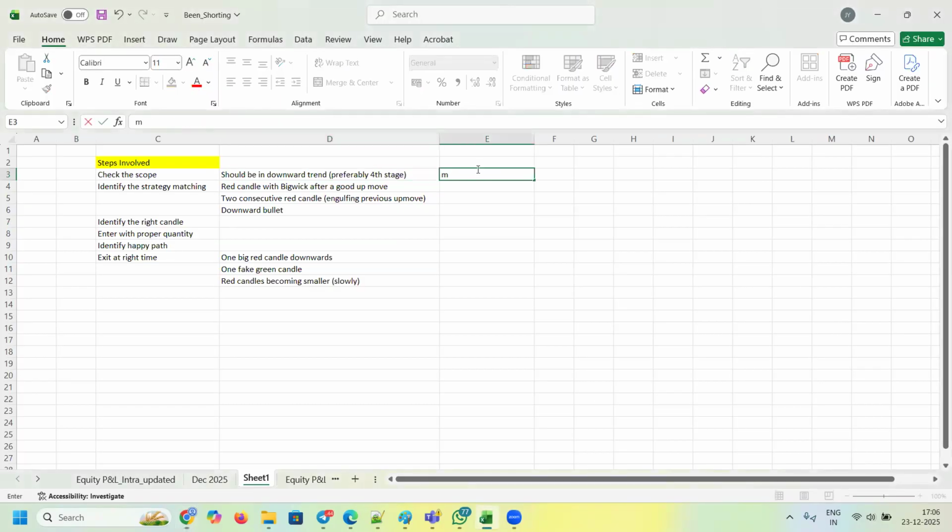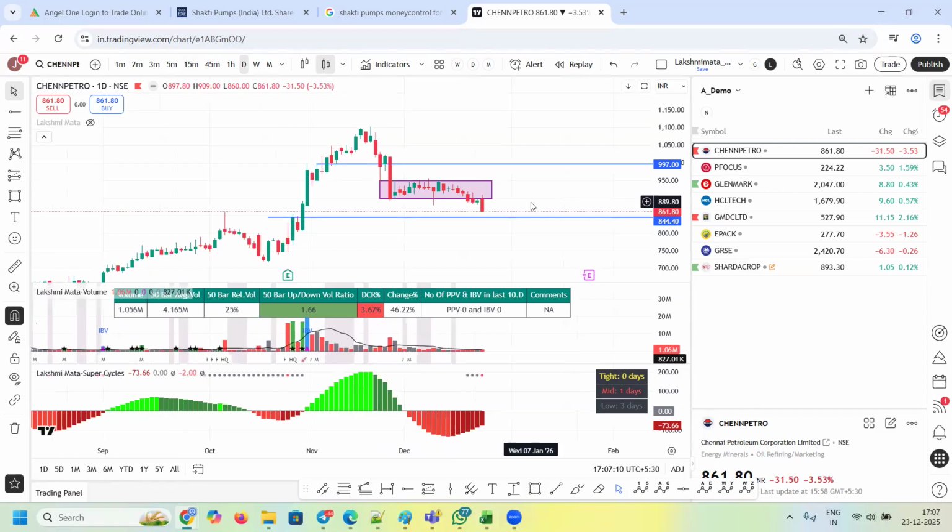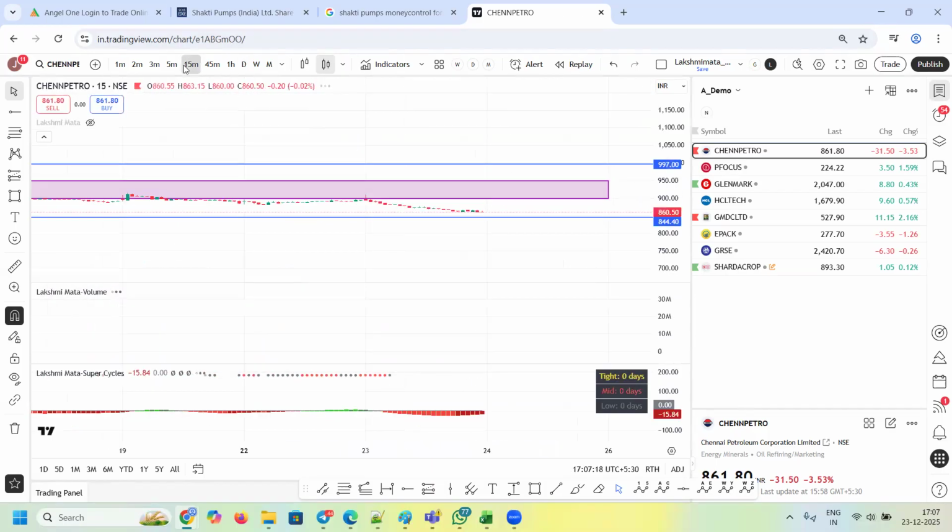So now this is met. We ensure that we have checked some patterns. Then identify the strategy matching. Again, when we do shorting, I will do it based on the 15 minutes chart. So today, if you go to the 15 minutes chart,